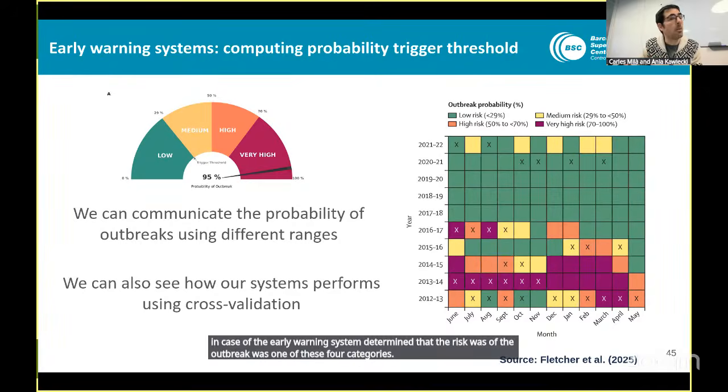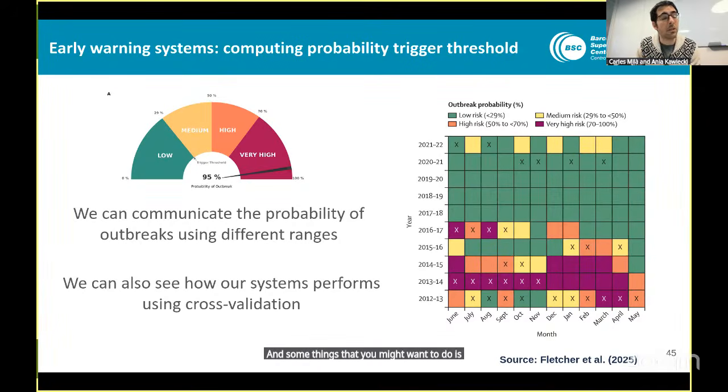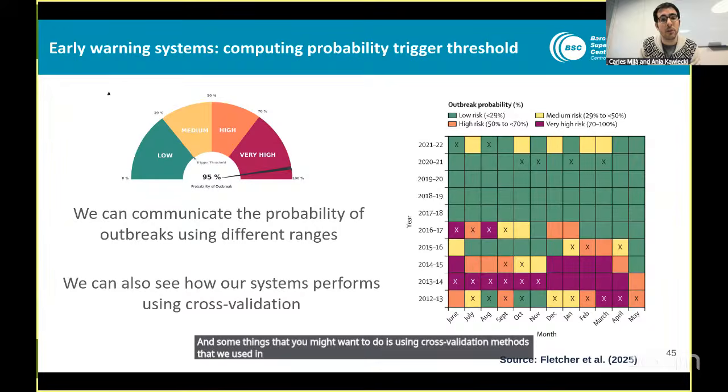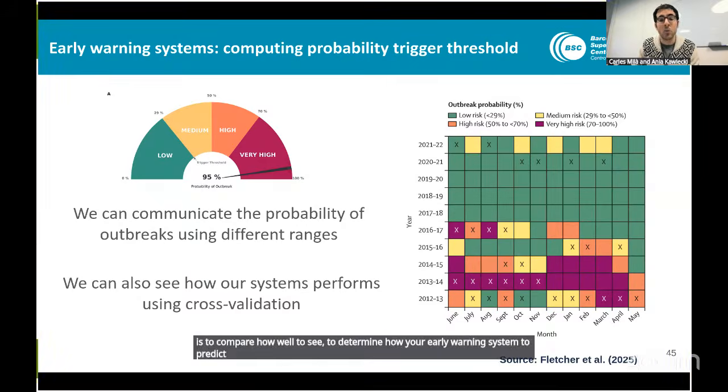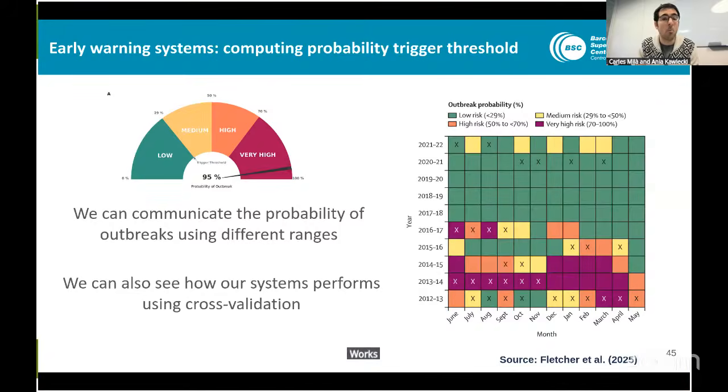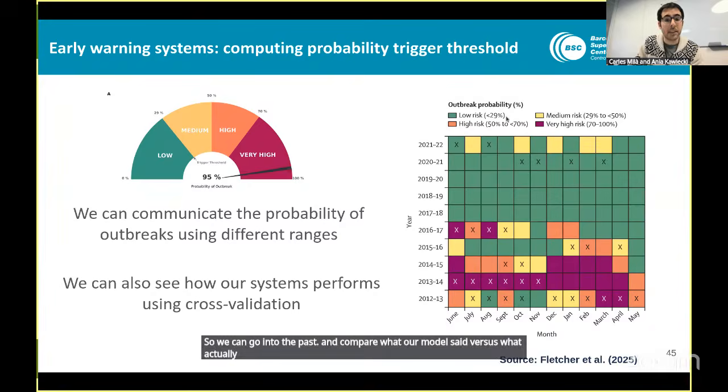And something that you might want to do is use cross-validation methods, like the ones we used in the last session of the webinar, to determine how your early warning system to predict outbreaks works in practice, how much we can trust it. So we can go into the past and compare what our model said versus what actually happened. And this is what we have in this graph here on the right-hand side,